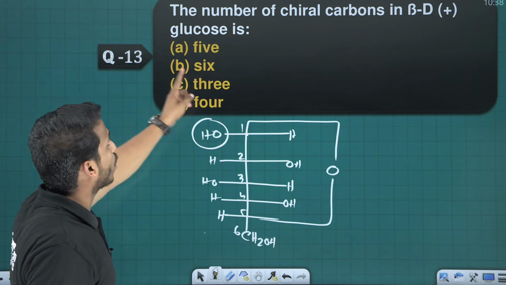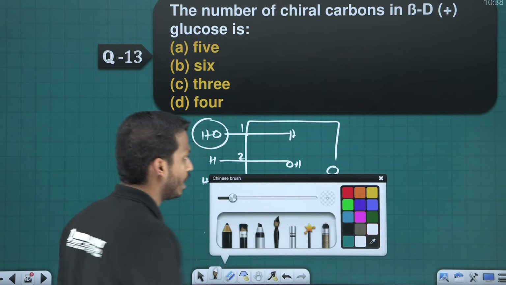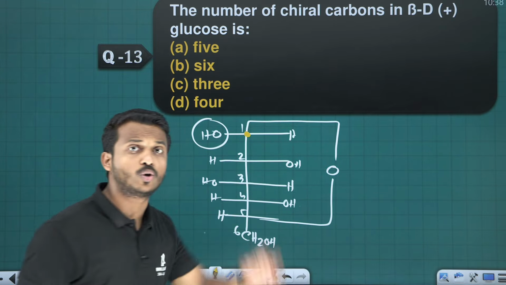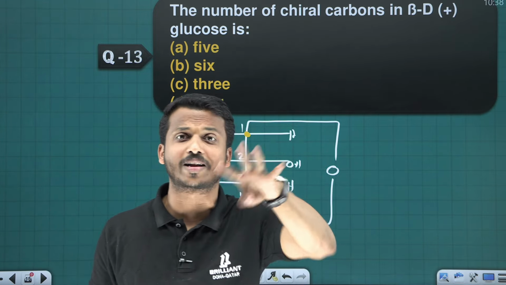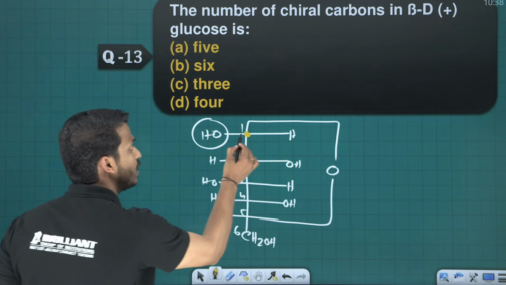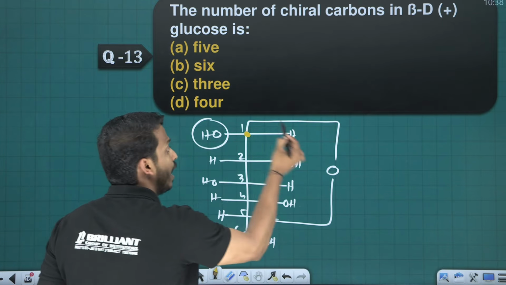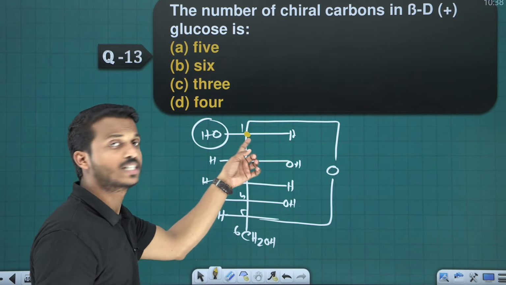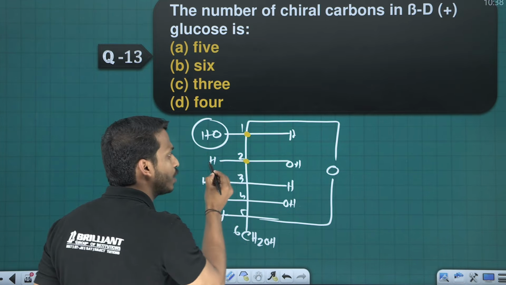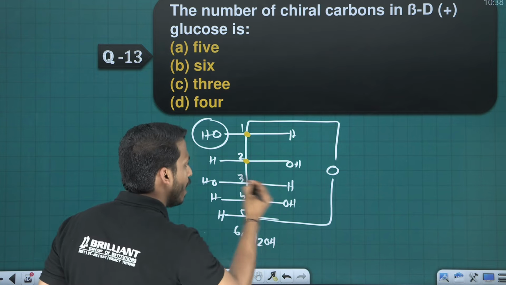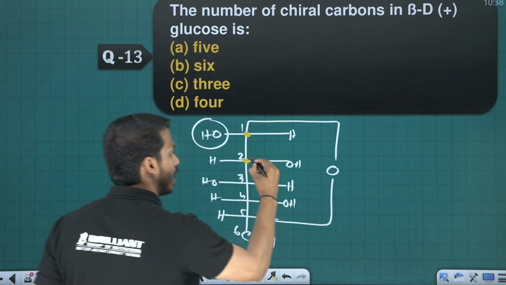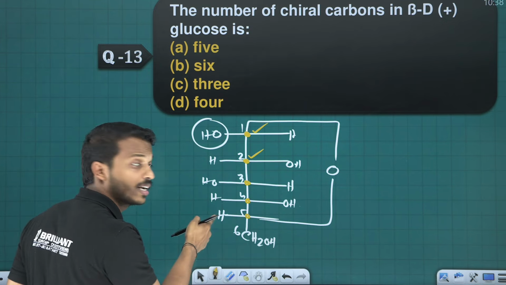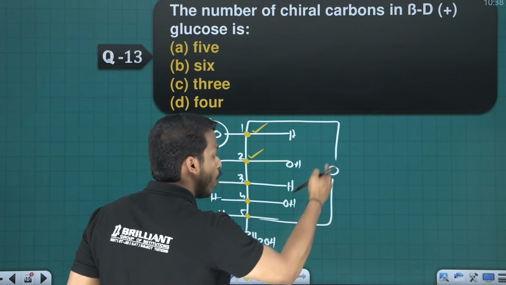Correct. So the number of chiral carbons in beta D glucose. Let's see how many chiral carbons. What is meant by chiral carbon? You know, the carbon whose four bonds are connected to 4 different groups. Here you see this carbon connected to OH, H and oxygen and a big group. These are all different, so this is chiral. This carbon connected to H, OH, a different group, all are different, it's chiral. So this also chiral, this also chiral, this also chiral because it's connected to H, CH2OH, oxygen and a big